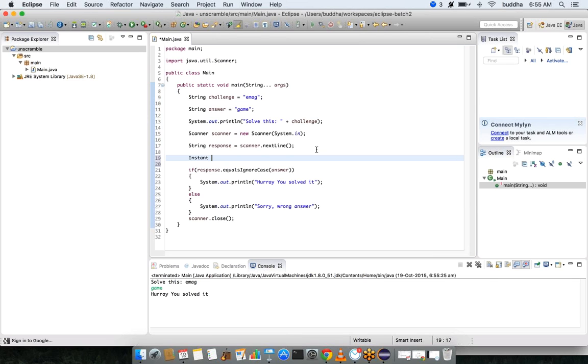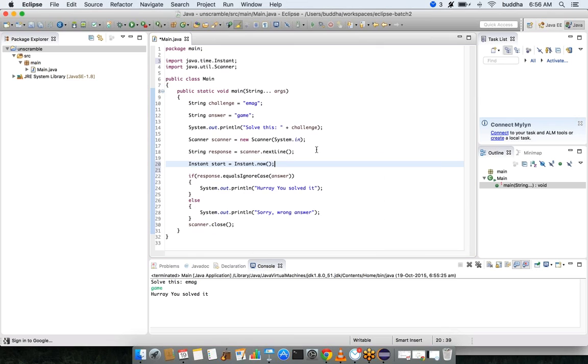Instant is a class that provides functionality to measure time. What I'm doing over here is, after I've asked the user to solve the challenge, I'm creating a variable called start, in which I'm putting this instant time.